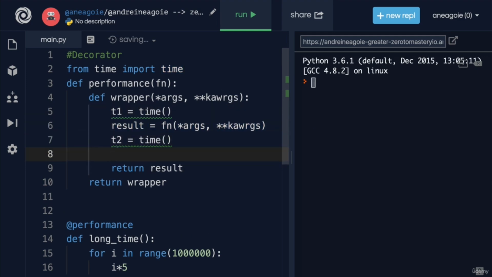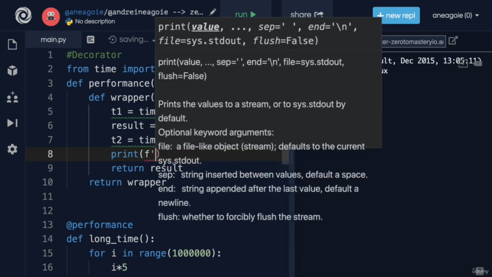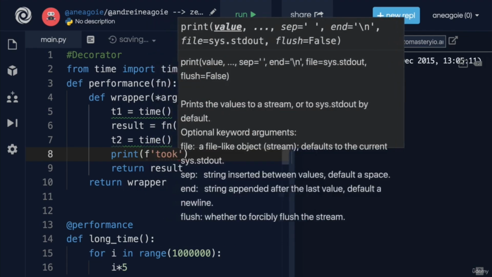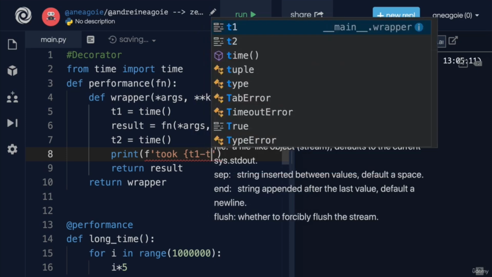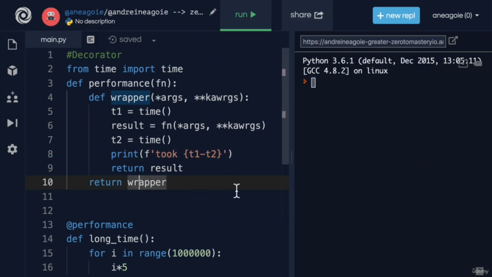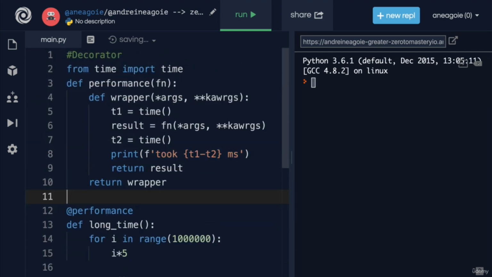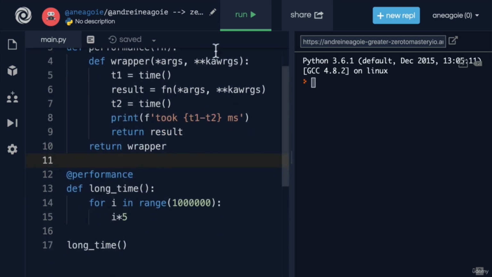So all we do is print an f-string and say it took t1 minus t2, right? And this actually returns in milliseconds, so I'll just say ms for milliseconds. And that's it. I've wrapped my function with just this extra time piece, and then I'm printing, as soon as we run the function, how long it took. So let's check it out. If I now run my long time function right here, and I click run,